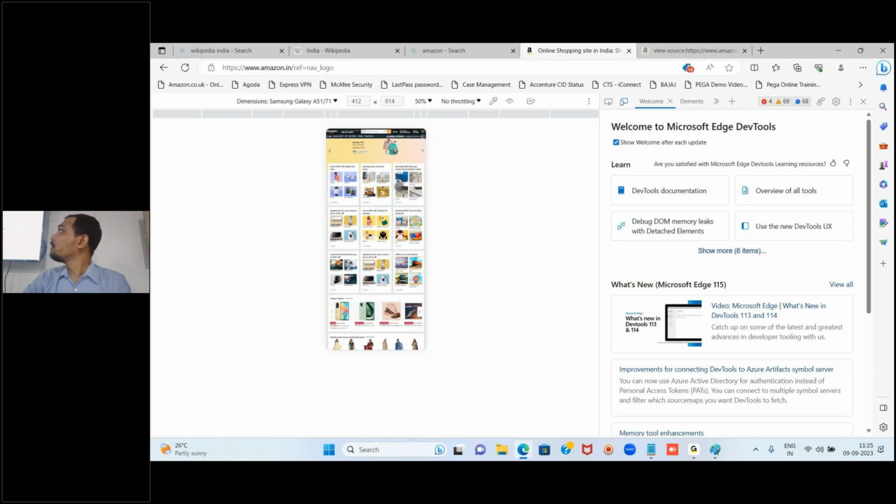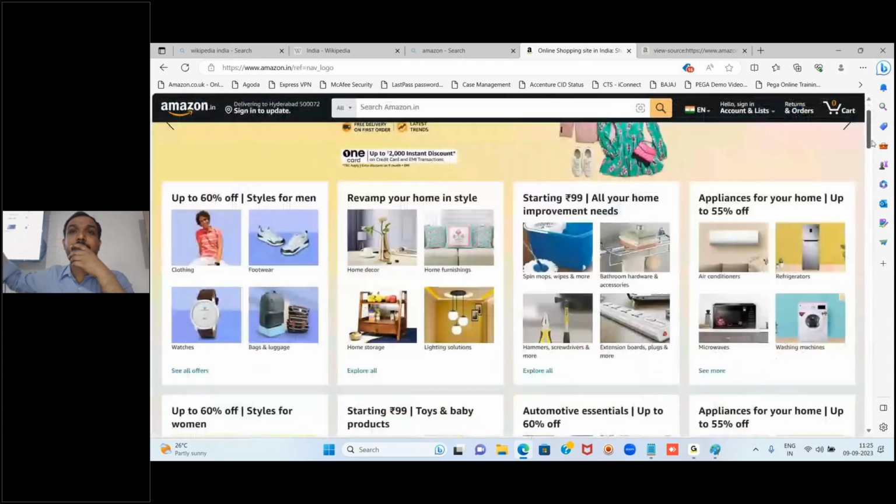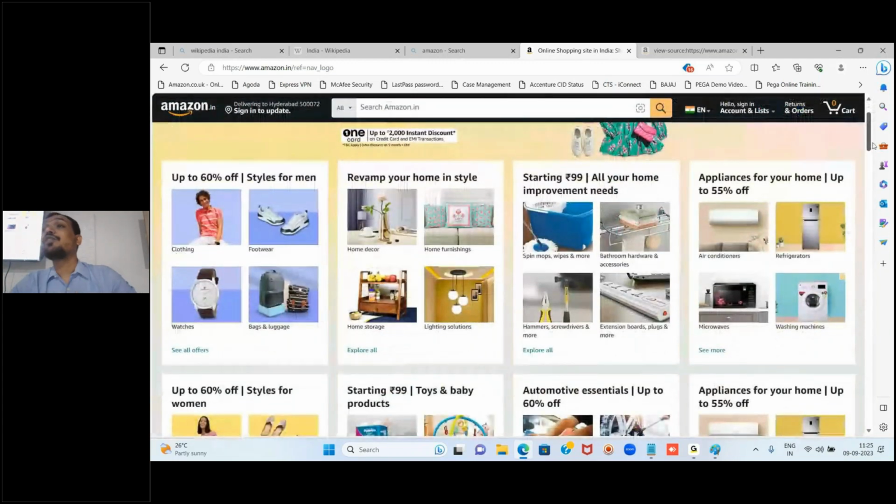Here how many tiles are there? Three, right? One, two, three. Here, one, two, three. Here how many are there? Four. That is what responsive is. Now you understood. If my page is not responsive, what happens? Three will display, one will be cut. Got it? That is what responsive is about. If the site is not responsive, then three will display properly, the fourth one will be cut, and you have to drag using your mobile, left side, right side. But using Bootstrap, you can make the site responsive. Clear?